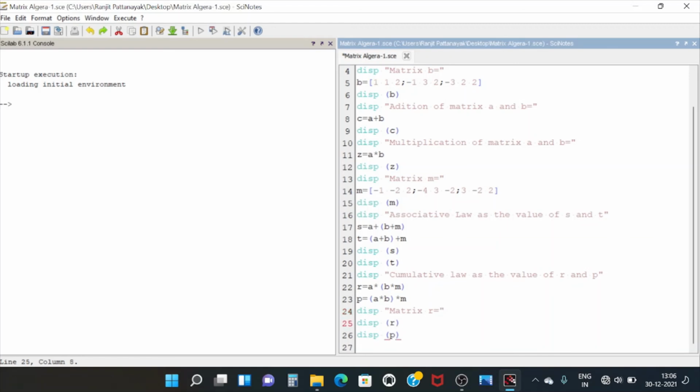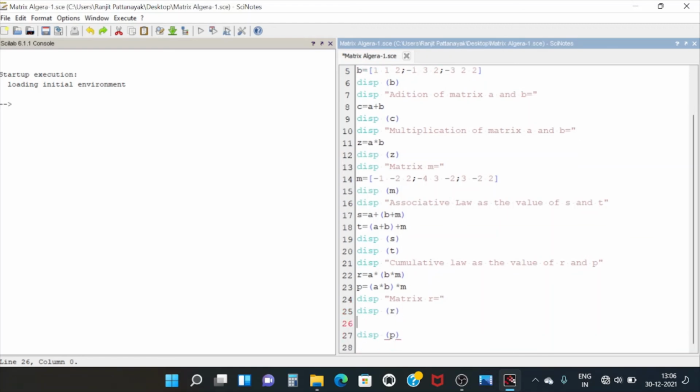Okay, likewise we can write display P. Here I copied and pasted. You have to write it down yourself. Okay, so display matrix P equal to, display P.